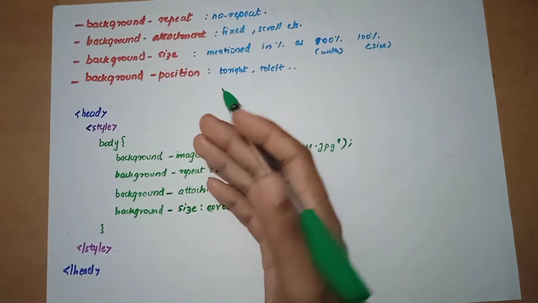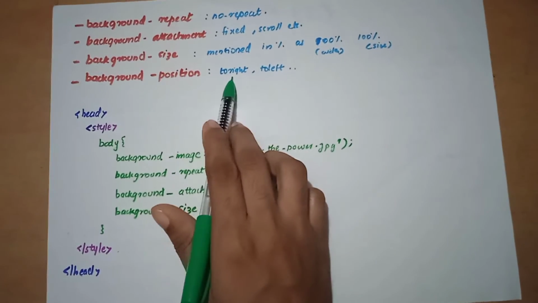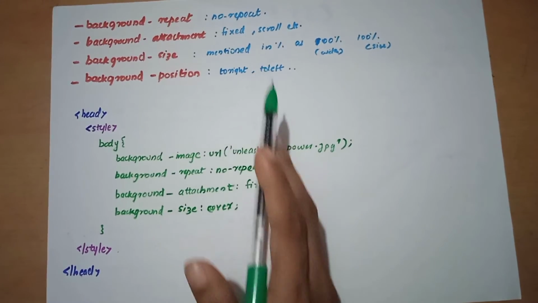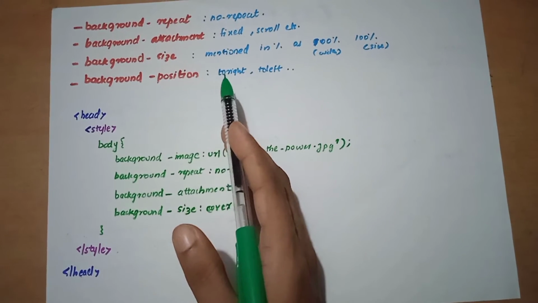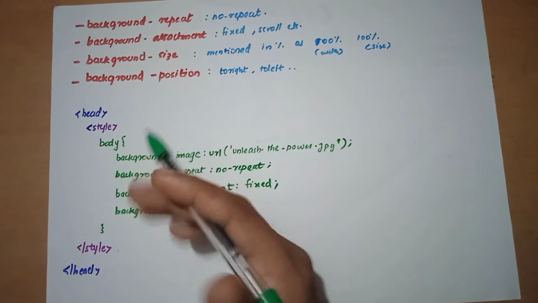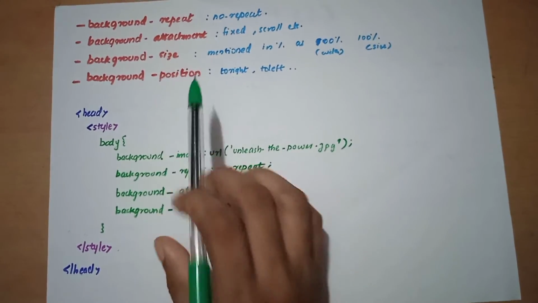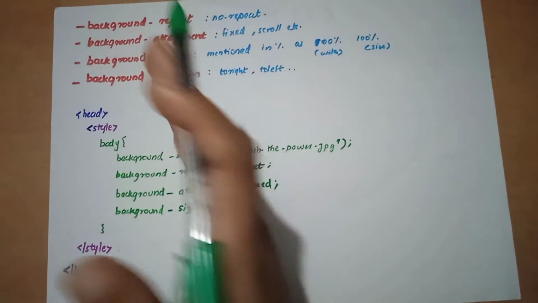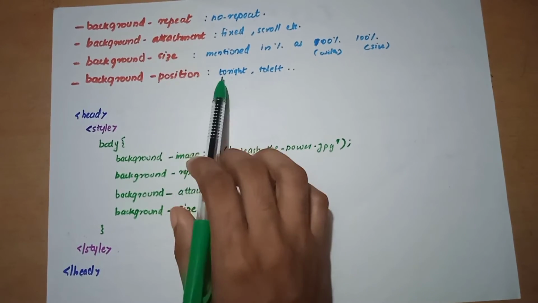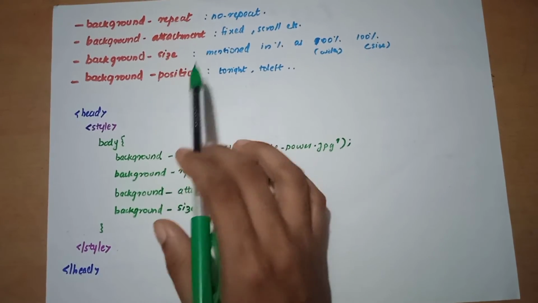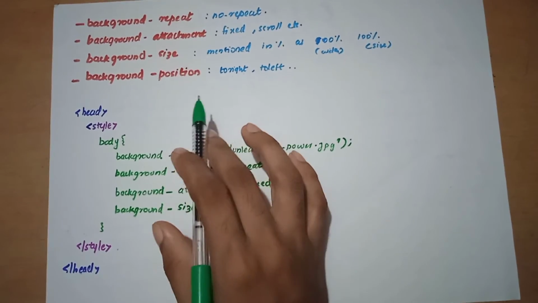Or for some cases, if you have to add a specific background to a specific location, you can use this too. For some area, you can use a different color. For that, you can use the background position property. In a table, if you are adding something in the sidebar or towards the right corner of the page, you can use background position towards the right, and you can also add a different color to that background using the background color property.